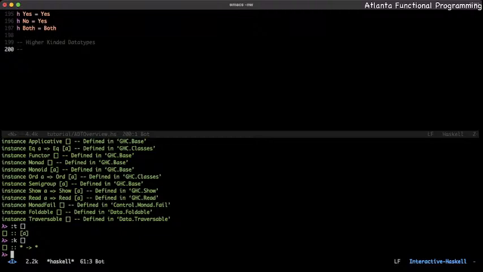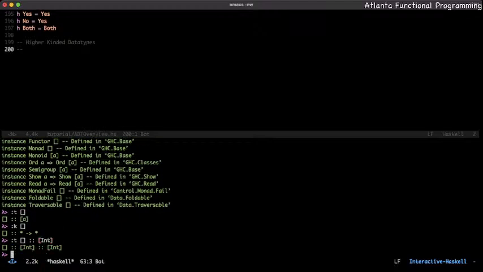Now, if we go and cast this as being an Int, you could see immediately that this has now been cast as saying that this can only take integers. So now this empty list, if we go and ask for the kind of it, as far as the REPL is concerned,